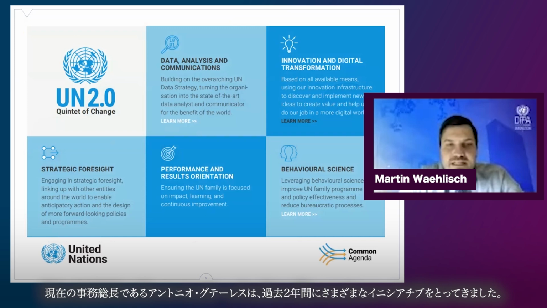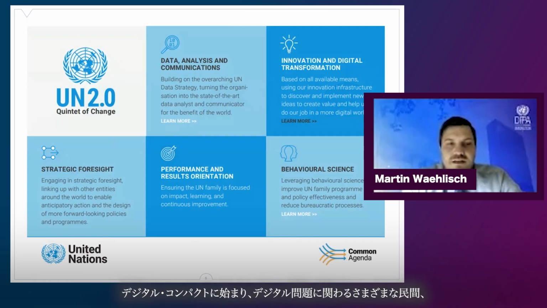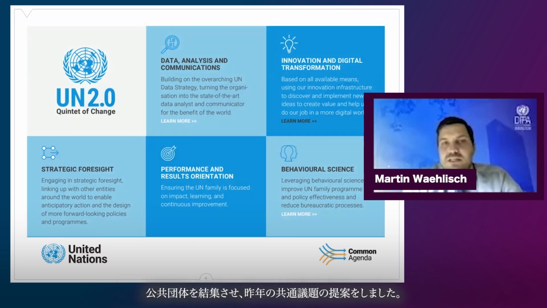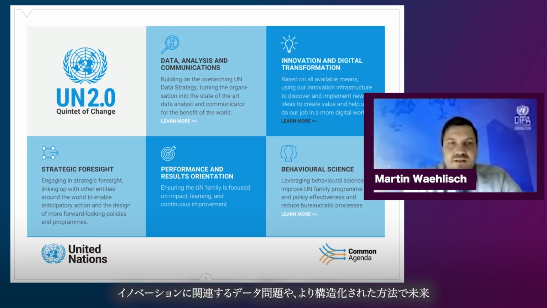Now, the current Secretary General, Antonio Guterres, has brought forward a range of initiatives over the last years, starting with a digital compact that brings the different private and public entities on digital issues together, culminating in the Common Agenda proposal last year. And that Common Agenda includes a proposal for the UN 2.0, and that entails 5 elements that are called the